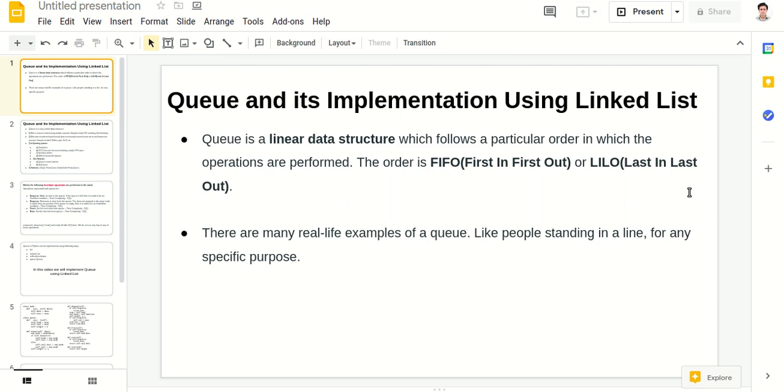Hello guys, today we will learn about queue and its implementation using linked list. So what is queue? Queue is basically a linear data structure which follows a particular order of operations. It follows first in first out. First in first out means whichever data item is inserted in a queue first is popped out first,